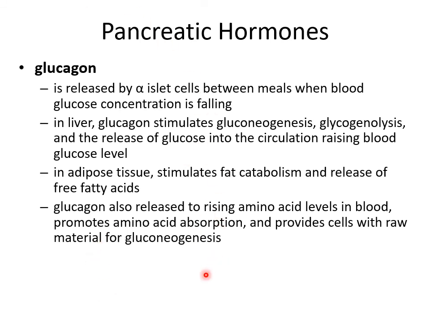On the flip side, there's also glucagon. The pancreas produces glucagon when you are in between meals. Let's say it's the middle of the night, you haven't eaten in 6 hours. You still need a certain minimal level of glucose in your blood to keep your cells alive. So glucagon will stimulate gluconeogenesis, which is the production of new glucose from reserved nutrients when you have not eaten recently. So this helps maintain a certain level of glucose in the blood at all times.